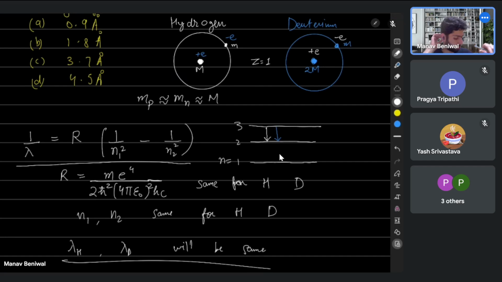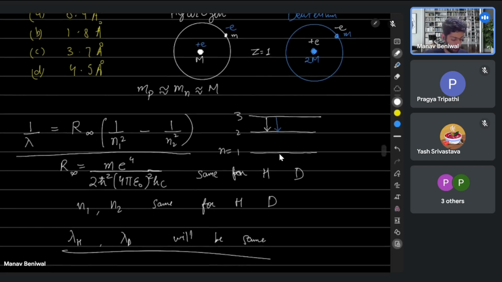However, that is not a very solid approximation. So therefore this R is also written as R infinity. Why? Because we assume that mass of your nucleus is infinite. But